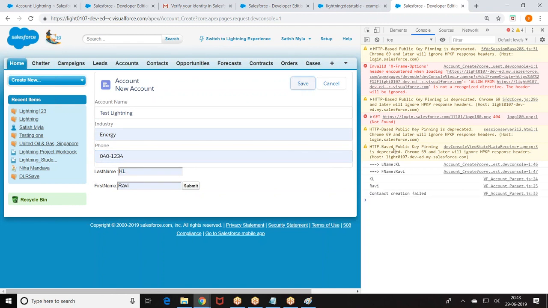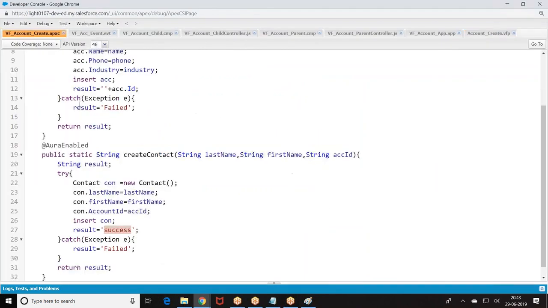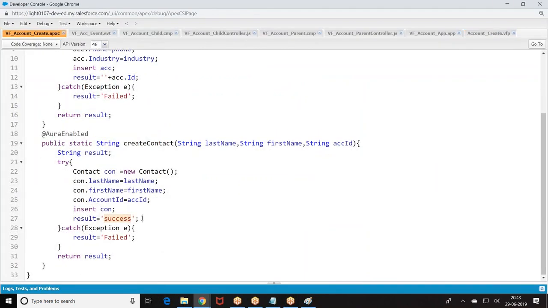Right? Then contact creation failed. Why did contact creation fail? Data is getting transferred here, but the contact creation failed. Let me go and check whether any DML operations are failing here.